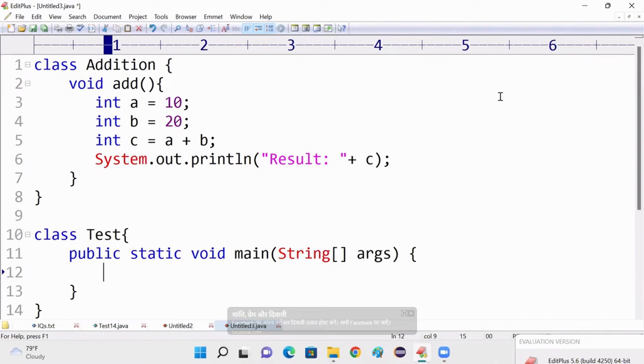Can that add method be executed automatically? No, we have to call it from the main method. I can define the main method in the same addition class, or I can define it in another class. So I want to define it in another class. Now here, how can I call the add method from the addition class in the test class? By using